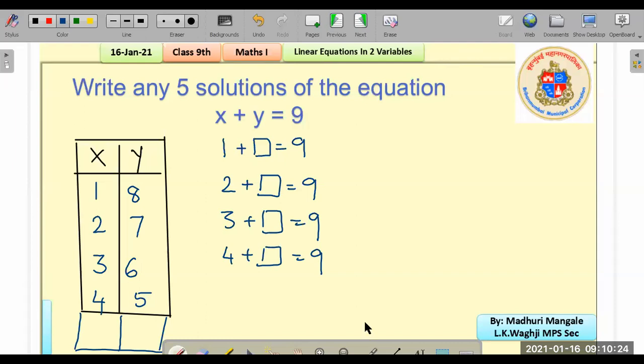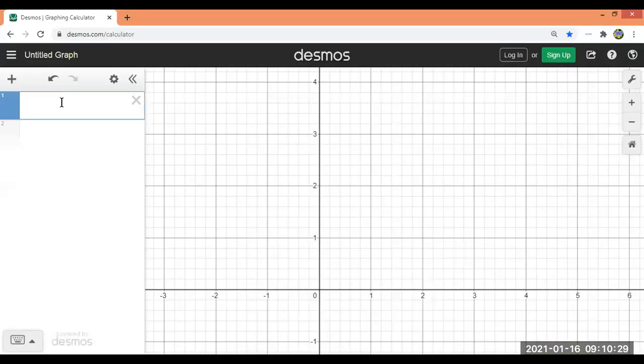Now let us look at a very interesting math site which is called a graphing calculator. Why are we looking at this graphing calculator? Just to look at what linear equations look like. If you Google Desmos graphing calculator, you should be able to see a screen like this, and now you can check if your equation is a linear equation here.